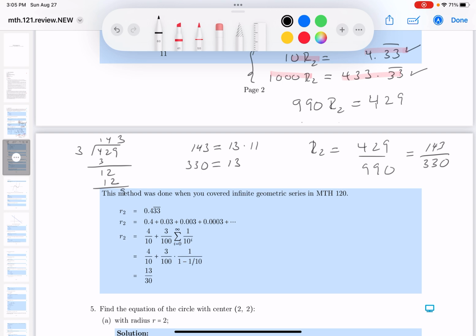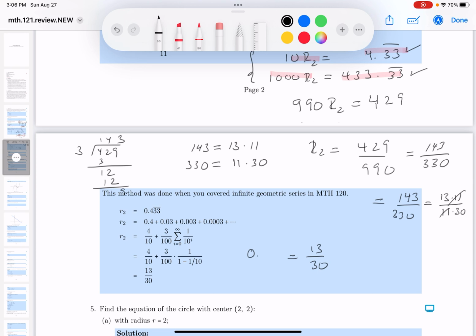Now, if I looked at 330, I would say 13. Oh, no, let me do it. I'm sorry, I didn't mean 13. 33 times, well, I see 11 again. 11 times 30. All right, let me write this down then. 143 is the same thing as 13 times 11. And 330 is the same thing as 11 times 30. What cancels? The 11. What do you get? 13 over 30. So I'm going to say 13 over 30, and this is going to be what R2 was,